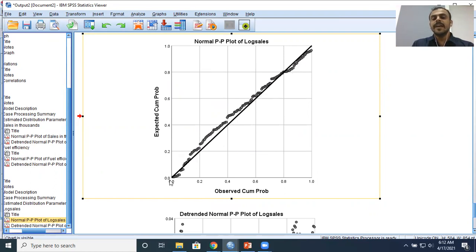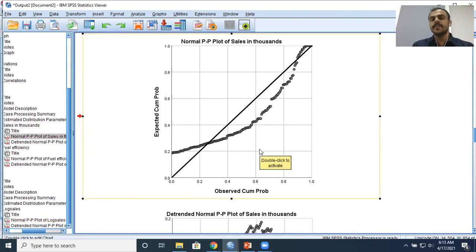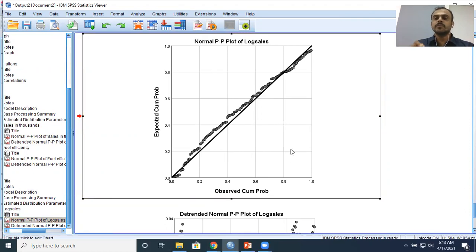Many times each and every data point that you see may not lie along the 45-degree line of the diagonal. You have some kind of departures from normality. Therefore, what we are looking to achieve is approximate normality. Closer the better, right? But it is very difficult to expect the data to be exactly normal. But when I compare this variable with the earlier variable, which was definitely not normal, this is the magic that happens. The moment you take log transformed variables, it follows normality, more or less normal.